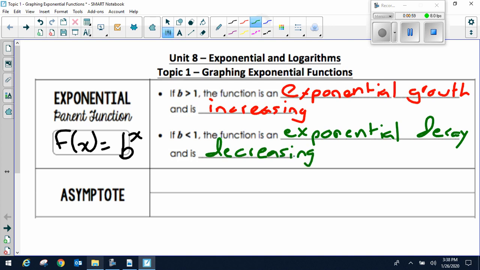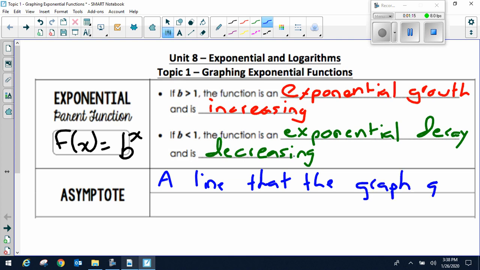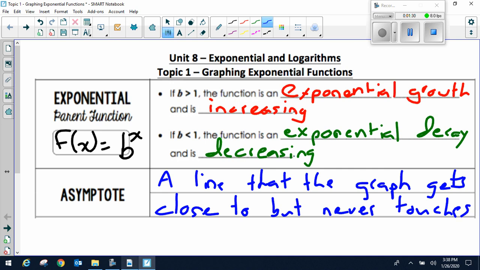Okay? An asymptote is a line that the graph gets close to but never crosses. It actually never touches or crosses. Okay? So it's going to get very, very close to it, but it's not going to physically touch or cross the line. So let's go ahead and continue on